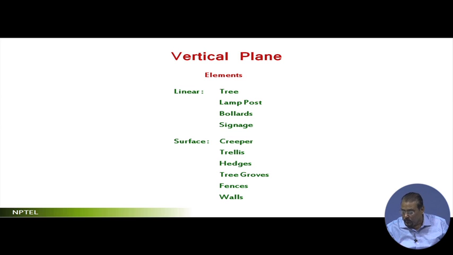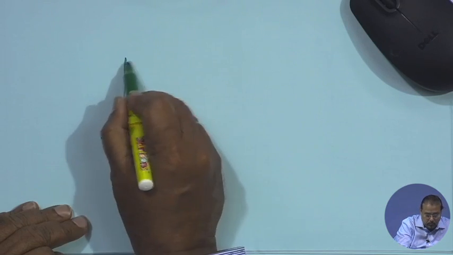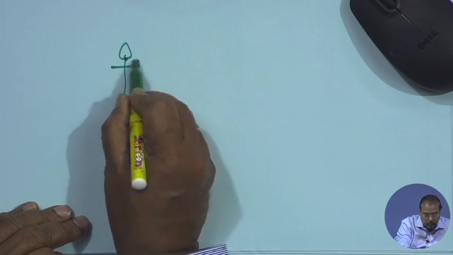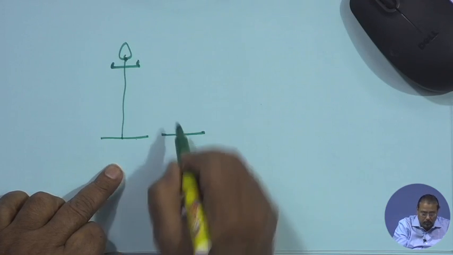Tree. How does a tree become a vertical element? Interestingly, a tree becomes different kinds of elements. It can fit in all those kinds of elements. I will tell you how, but before that let me explain this. A lamppost, okay, a bollard,